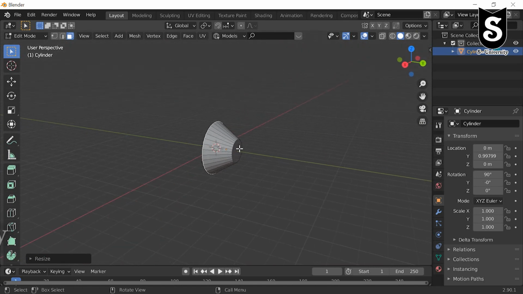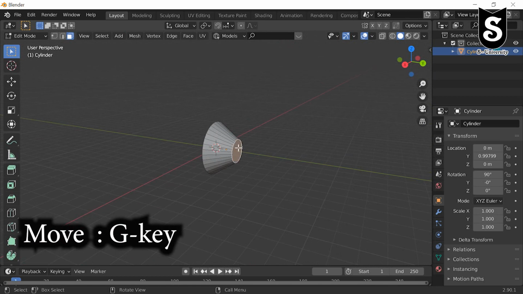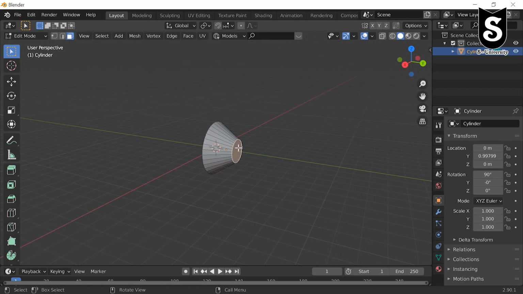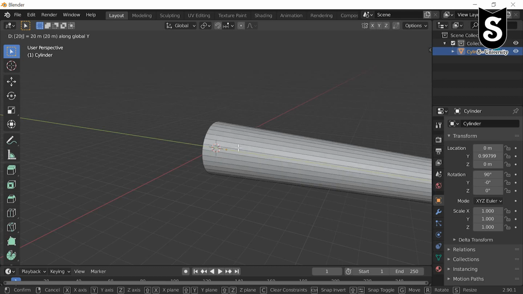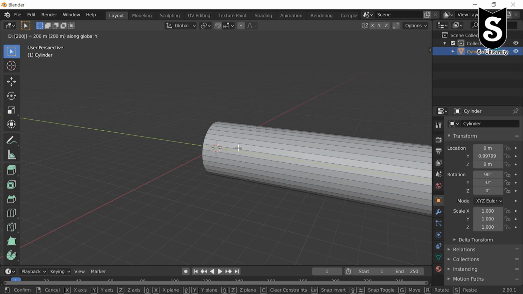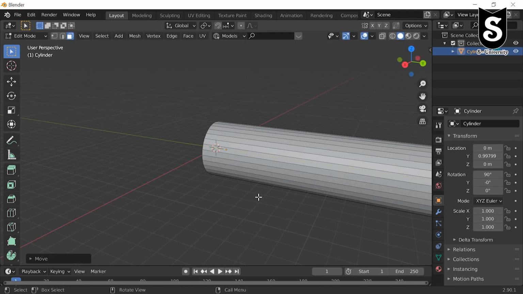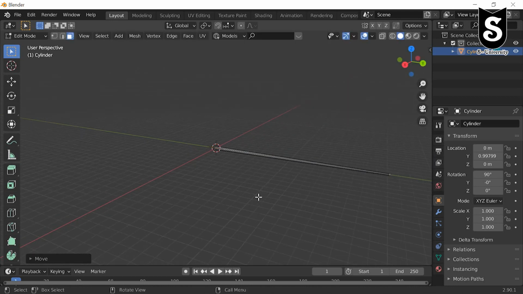Now select another face, press G to move it in the Y direction around 200. Our cylinder looks like this.